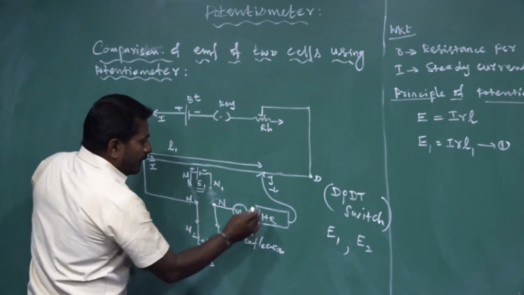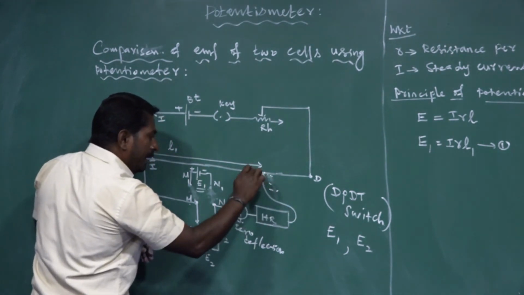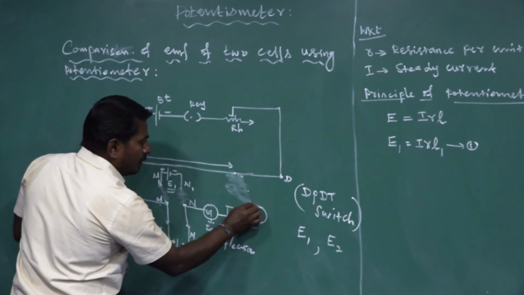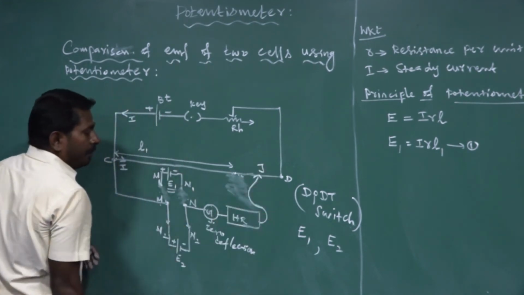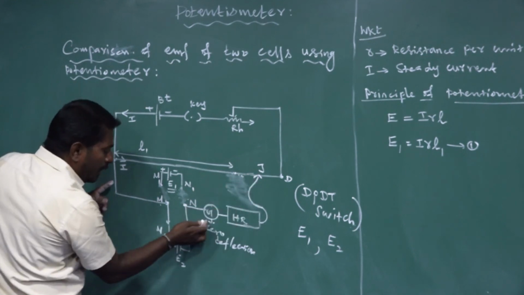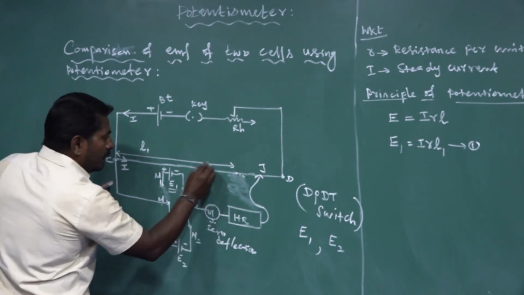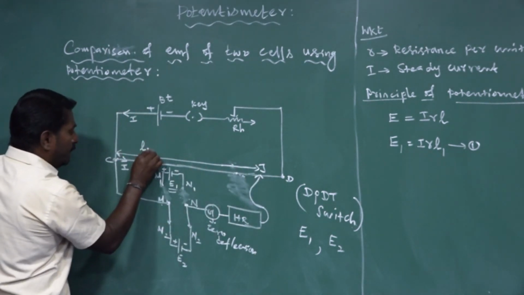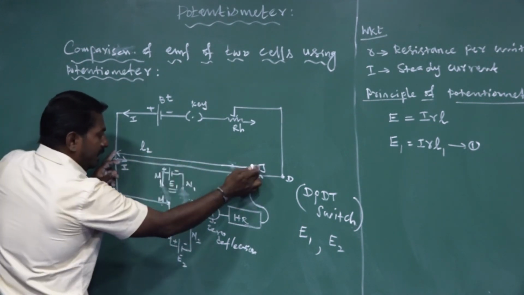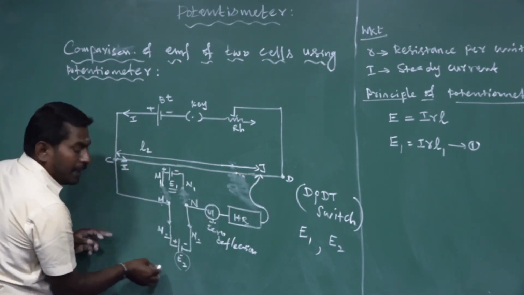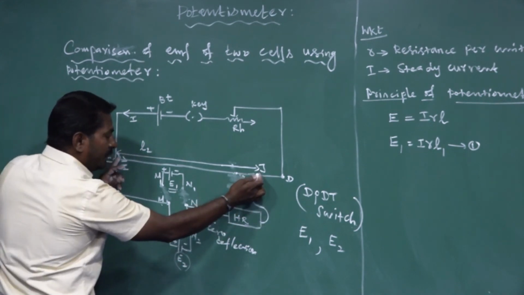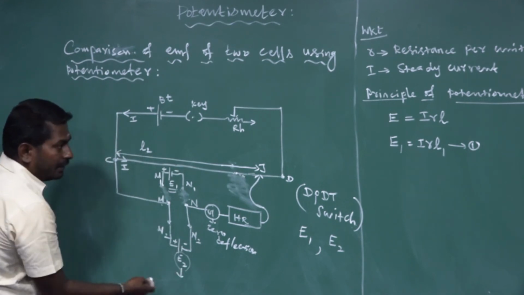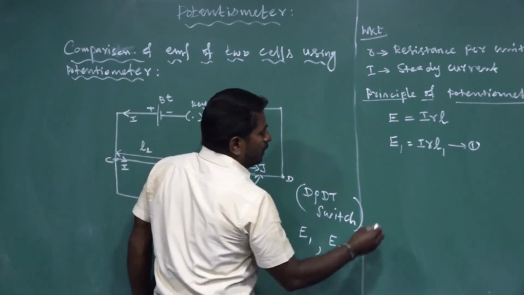Once again, the metal jockey makes electrical contact at some point, and the galvanometer shows zero deflection. So the balancing length is L2, because this balancing length corresponds to the second primary cell with EMF E2. Therefore, the potential difference across this balancing length L2 is equal to the EMF of the other cell, E2. According to the principle of potentiometer,